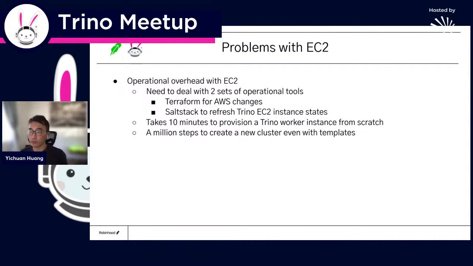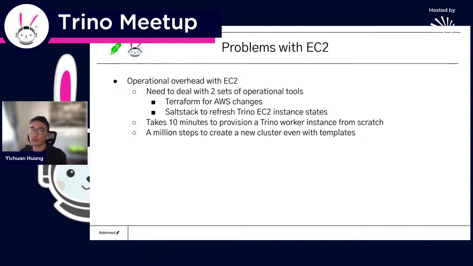One is Terraform. We use Terraform for maintaining all the AWS state. Whenever we need to create a new cluster, we need to set up ASG, launch templates, IAM roles, security groups, all the stuff. It will be in Terraform, and it takes a long time to build those up, even with some templates. And once that is finished and all those resources have been provisioned,